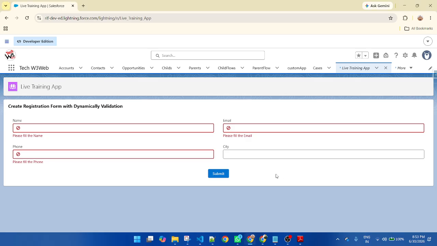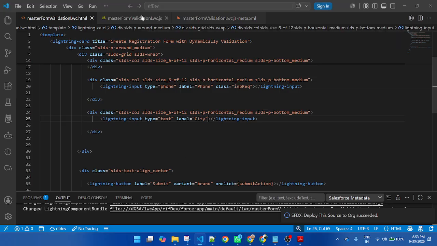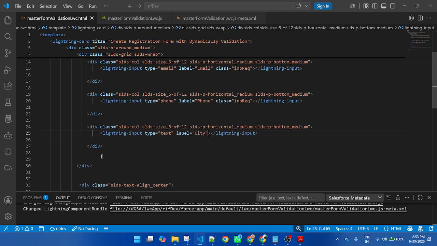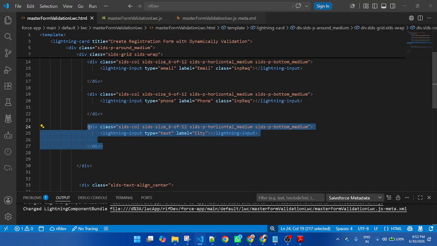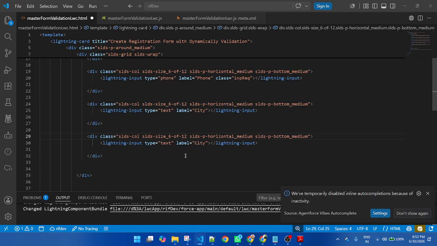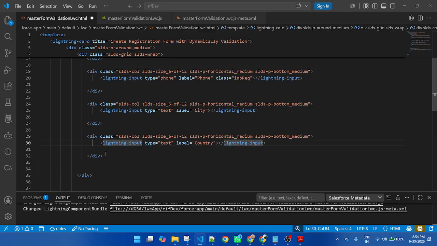Now let's suppose I want to add another input field. You do not need to write a single line of JavaScript. You only need to add. Let's suppose I want to add a description and country. Okay, so how to? First of all, this is the country name. I am adding another input field, country, and for country I want to add required.